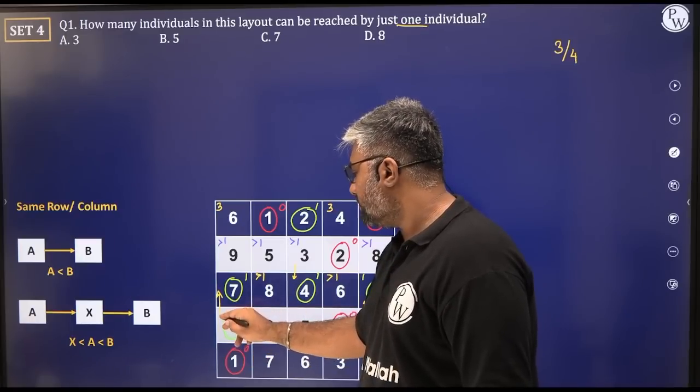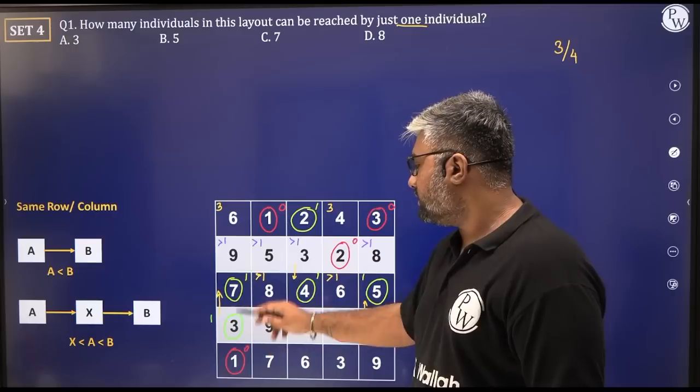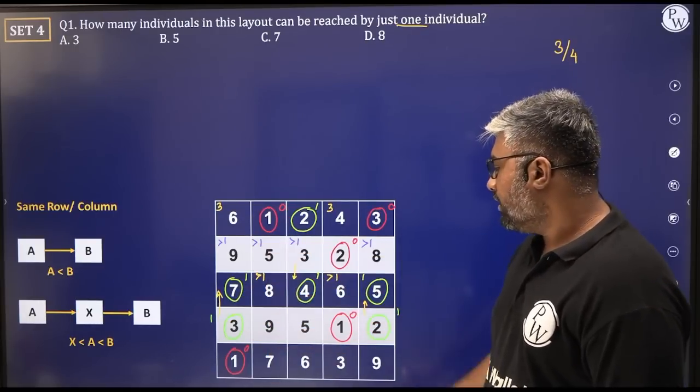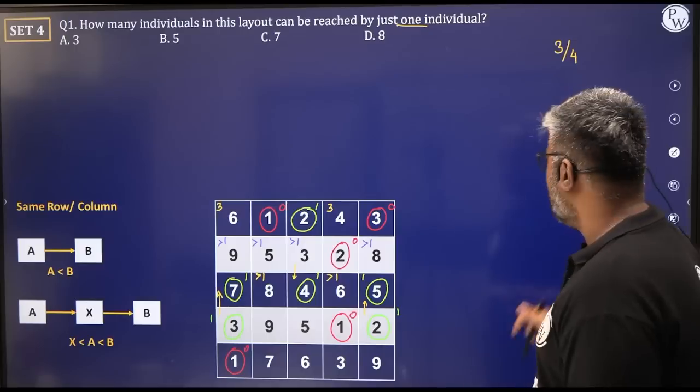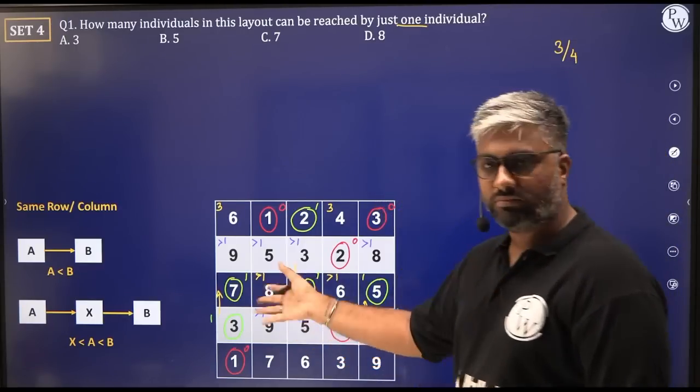This is again reachable only by 1. Yes. 1 to 3 is possible. 9 to 3 is not. 7 to 3 is not. If 7 is not possible, there's no need to look at 9 and 6. What about this 9? We know blindly greater than 1. Not even going to discuss this anymore. Greater than 1. Leave it.